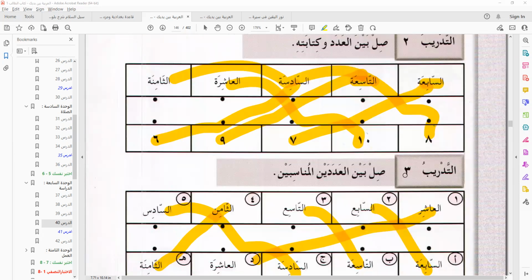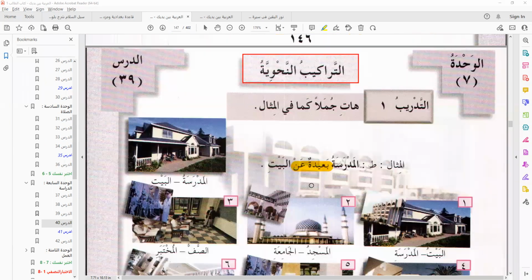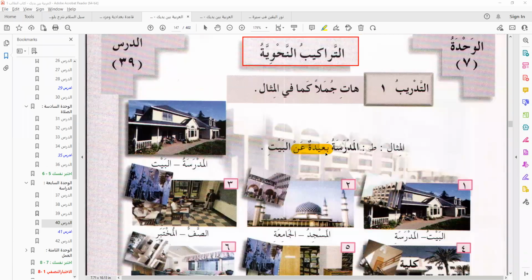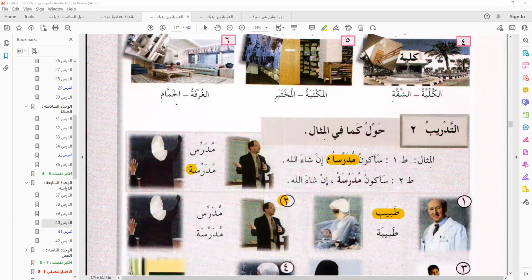After that the second and third exercises, and grammatical structures as well. So we did some things in grammar. المدرسة بعيدة عن البيت. If I say بعيدة, someone would know that there's a ta at the end. It's different from بعيد. If I say بعيد, I'm stopping on the dal with a sukun. If I say بعيدة, the dal has a fatha, which shows that there's a ta. We can as well say al-madrasatu ba'idatun anil bayt, just to be sure you understand the last word. Okay, so we looked at this as well.